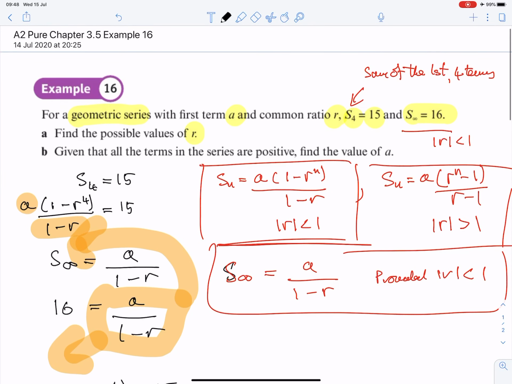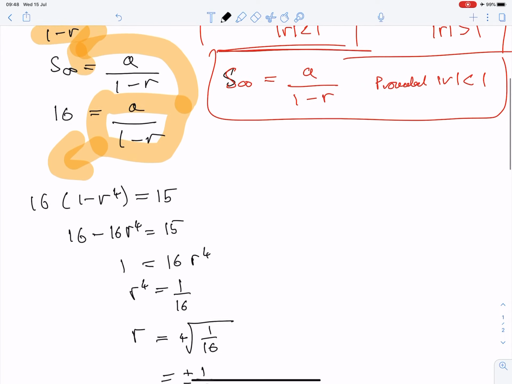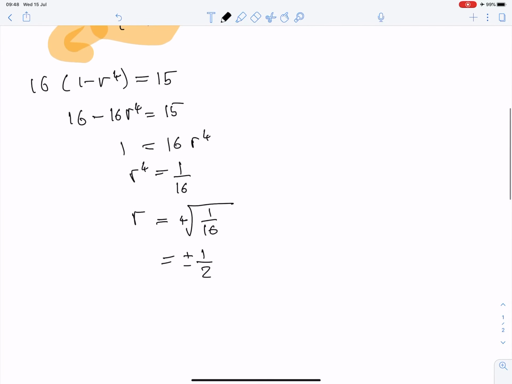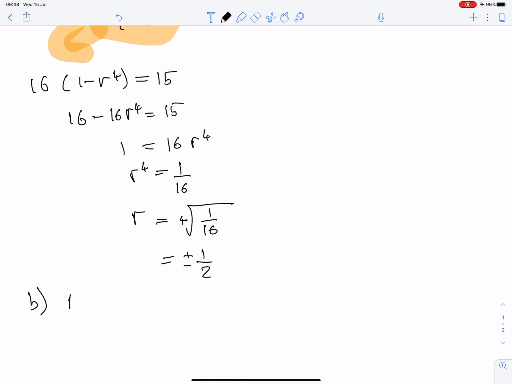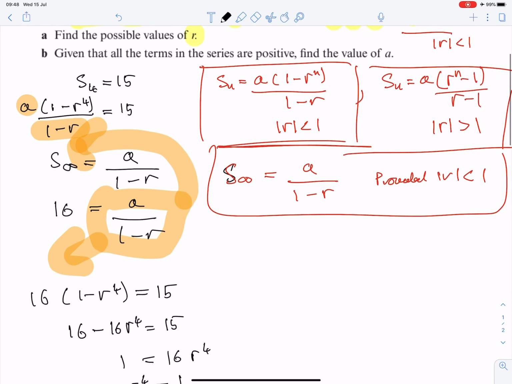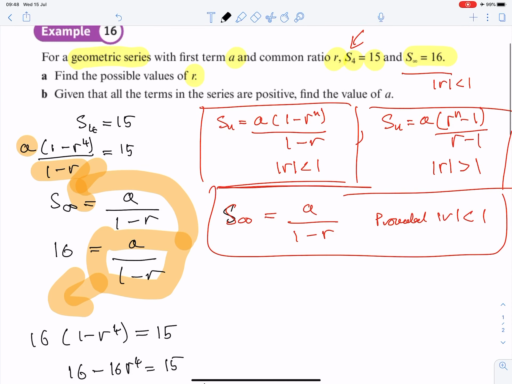Part B, given that all the terms in the series are positive, find the value of a. So part B, all terms positive. Therefore, r must equal a half. Otherwise, the signs are going to oscillate from positive to negative. So we've now got